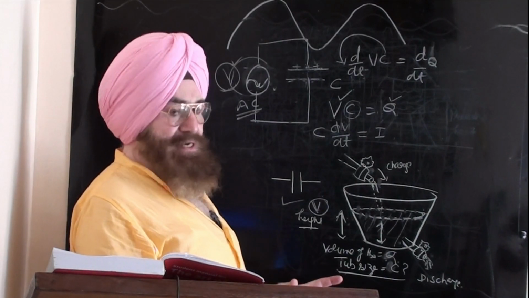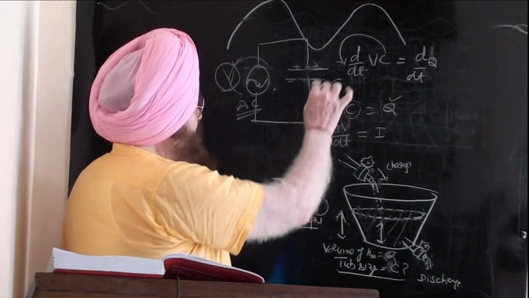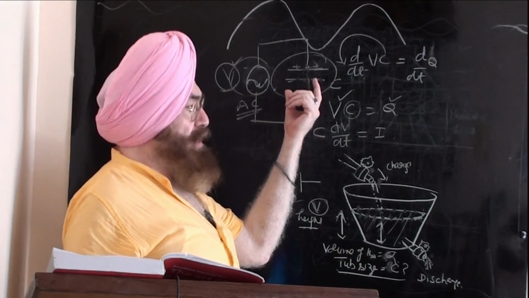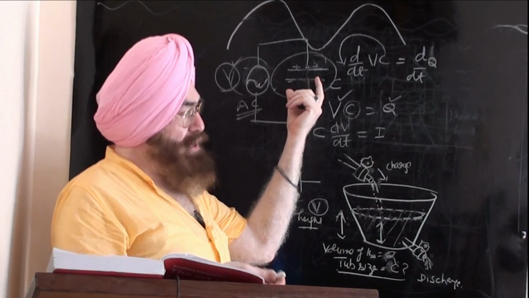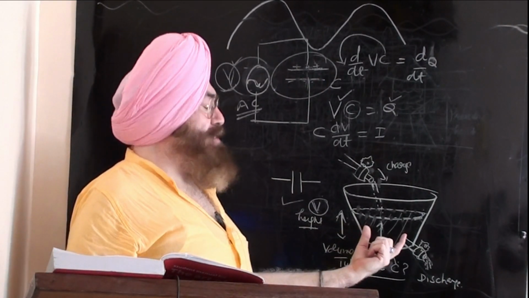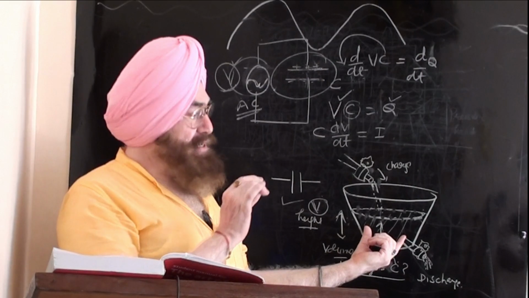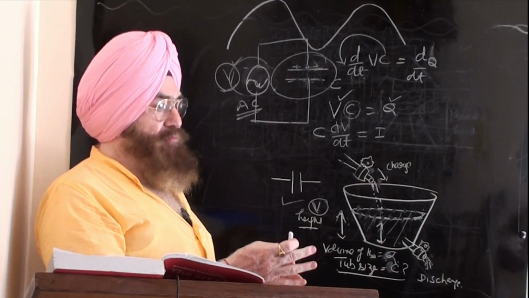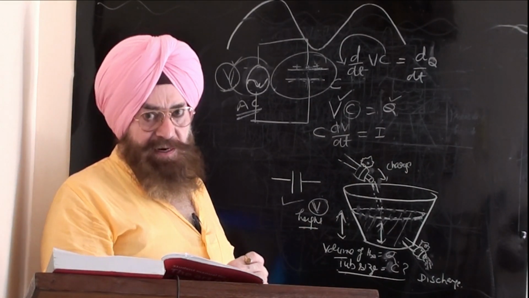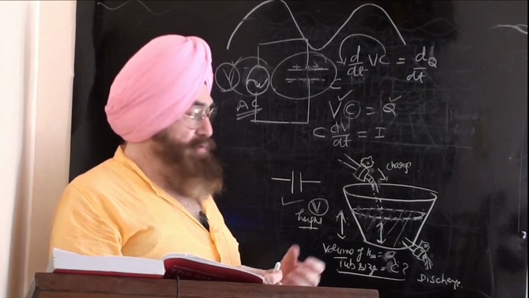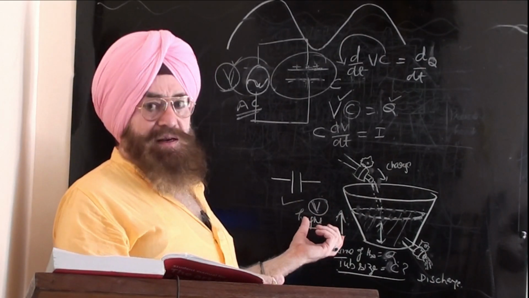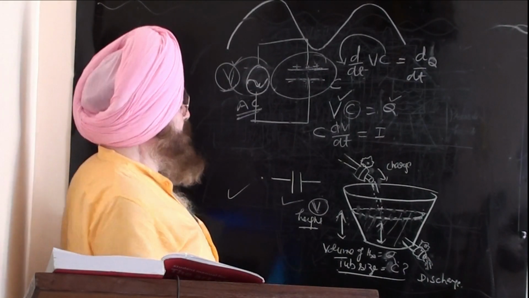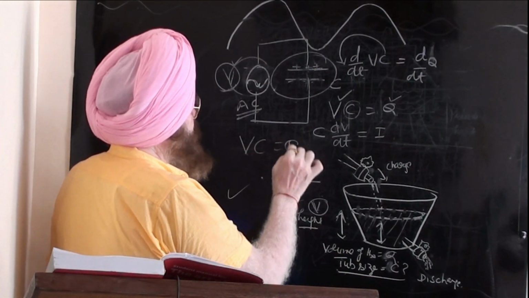Then you try to understand the basics of this capacitor, like how it gets the charge, how it discharges, how the charge remains inside the capacitor, and what the parameters are which relate to one another and how. If all of it is clear, please write in the comments box. So this is all about Vc equals Q.